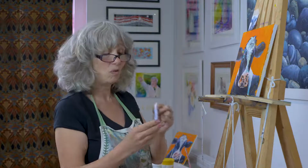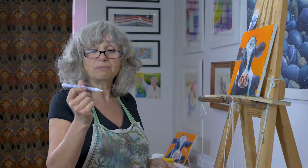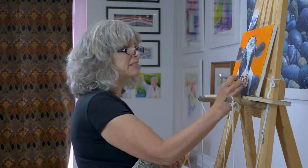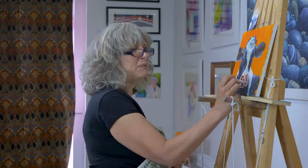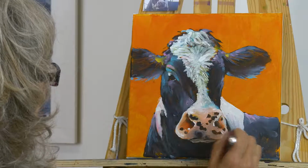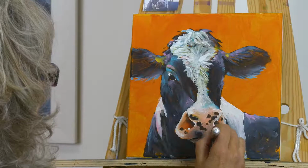This little uni paint marker, wonderful thing that I've just, again, new discovery. And it's acrylic paint or oil paint, I believe, actually. In a little pen, you can get very fine marks. And this cow needs his whiskers. So if you get one of these, you do away with all that carefully trying to paint really skinny marks, and you can just draw them in. Really nice. You can get him some delicate skinny whiskers,